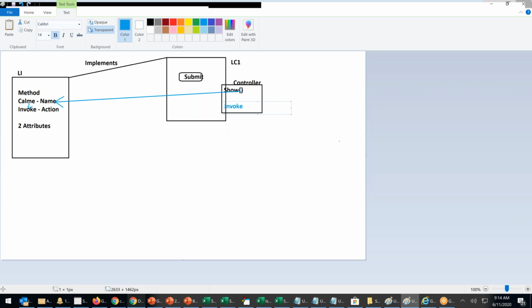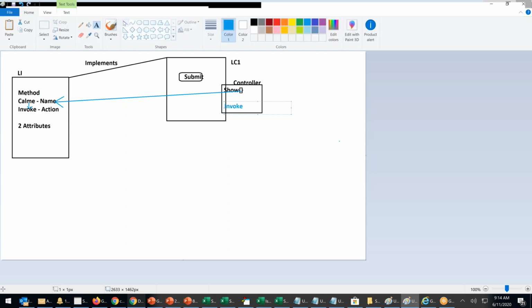Now the system, the arrow is coming like this. The action is going back to the child and it's calling this invoke. This is what we did in the first, and on the screen, it has been displayed.